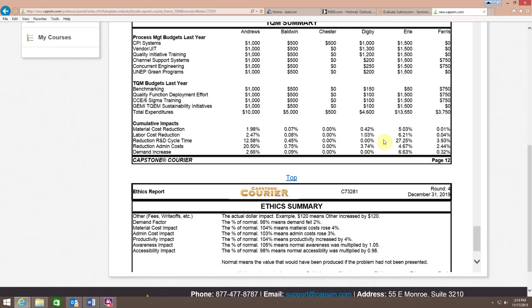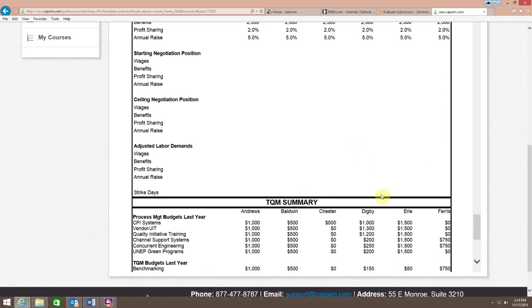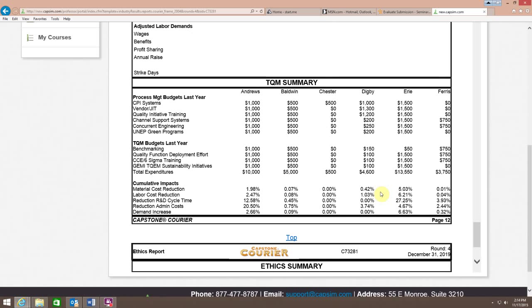Reduction in R&D cycle time. That's huge. That probably plays some into this demand increase, though the two might be mutually exclusive, but certainly if you're able to push your products to the front a little bit more because of the reduction in the R&D cycle time, you're going to improve the demand for those. But a 6% increase in demand, if your total sales are 200 million, something like that, that's huge. That's $12 million more in demand, and if your contribution margin is 30%, boom, there's another 3 million.